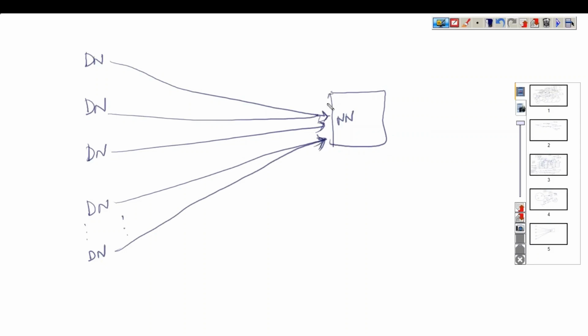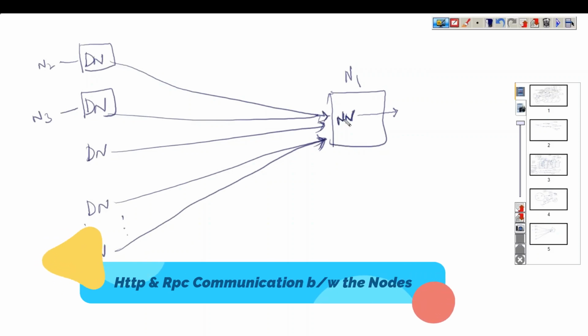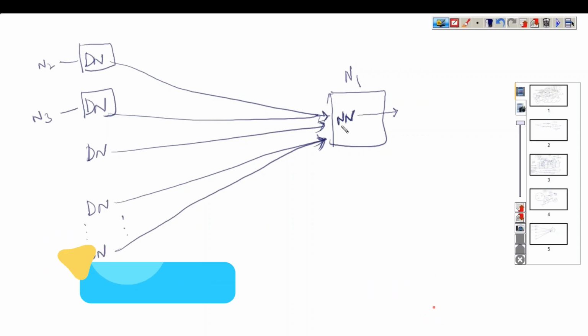Now, the name node is a process, right? Data nodes are making a request to this node. Let's assume this is node 1, and let us call this node 2. These data nodes communicate to the name node. In node n1 there can be many other processes also running. Then how will this request be correctly pointed to the name node? If many processes are running inside the node, how is a process identified? It is through a port number. Remember that.